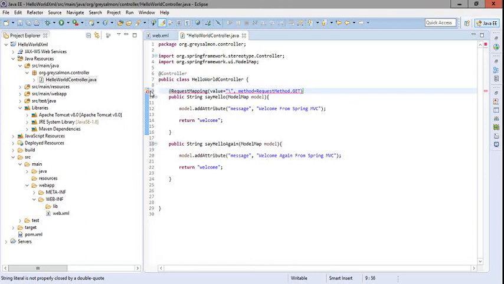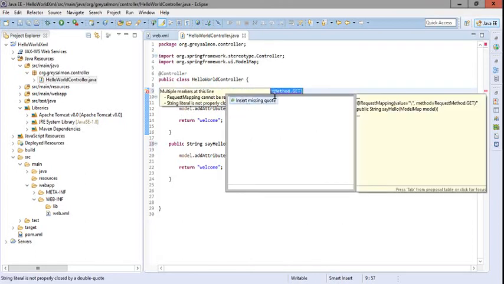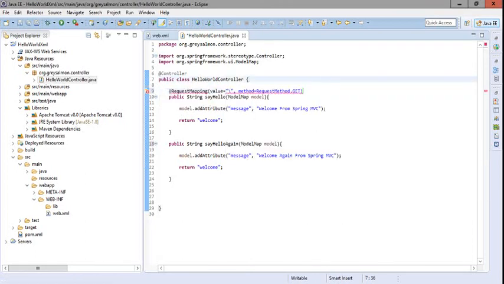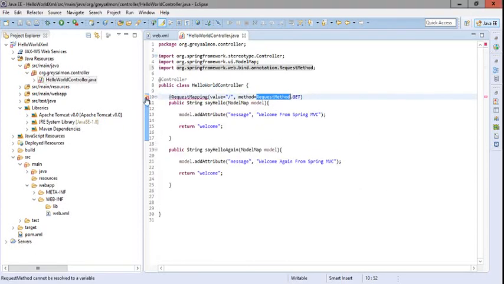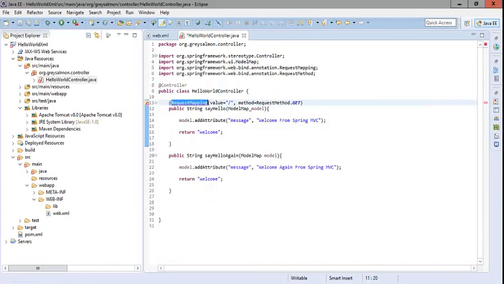Now I have to import this annotation: value is equal to slash, method is equal to GET. Yes, now I have to import this annotation, RequestMethod imported, and this annotation imported. So this is the handler mapping task.